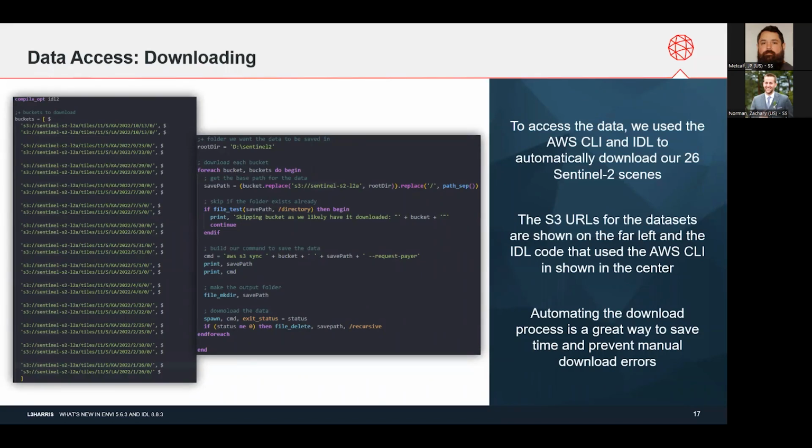So here we've got two screenshots that show some IDL code. On the left, we have all of our S3 URLs for the tiles of Sentinel data that we actually used for this analysis. In the middle, I have my IDL script that goes through each one of our S3 buckets and uses the AWS command line interface, or CLI, to actually download that locally. So it's not crazy, it's not rocket science, but it's much, much easier than going through and manually downloading each